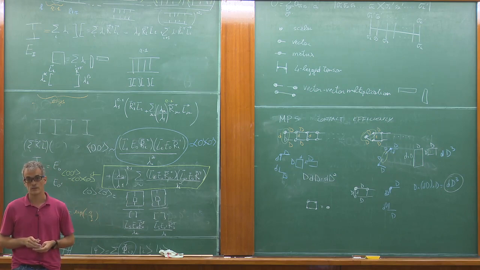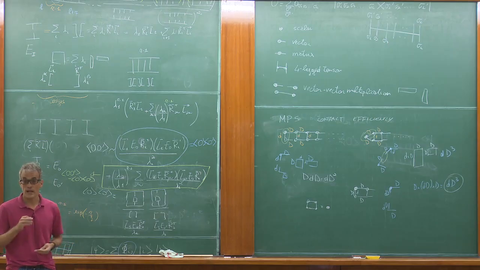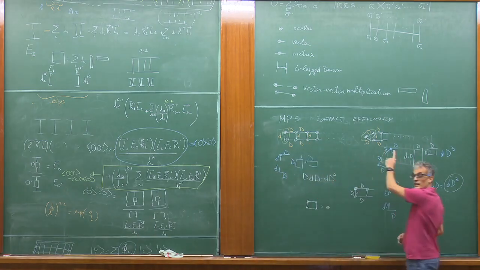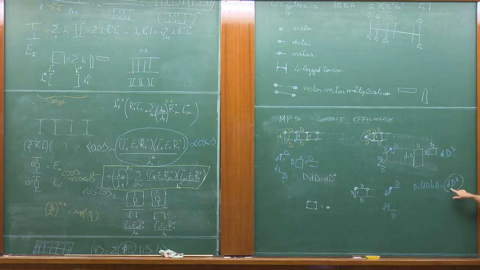You said that MPS scales as D cubed. This is when I want to compress all this and I try to compute how many steps each time. So D cubed, and then roughly L times, because you have L of them. Okay, so this is the amount of calculation. But each calculation will not cost you more than D cubed unless you do things strangely.